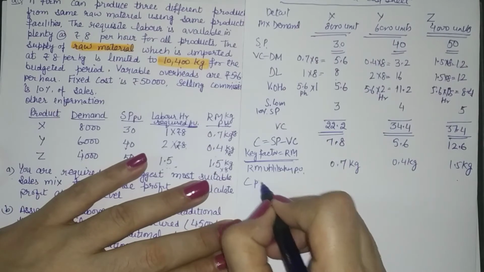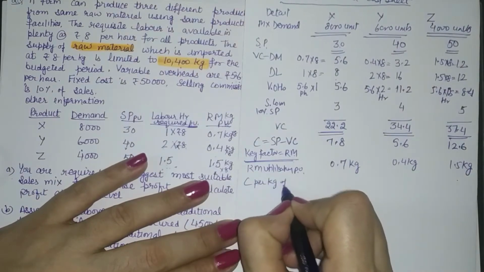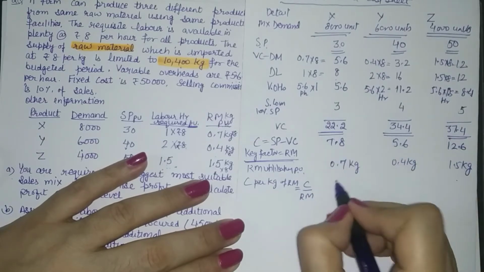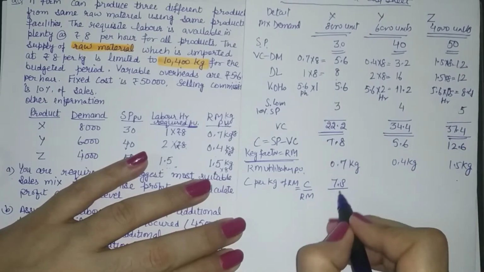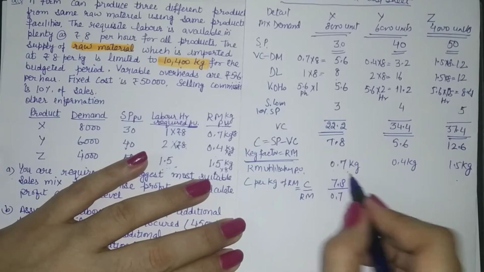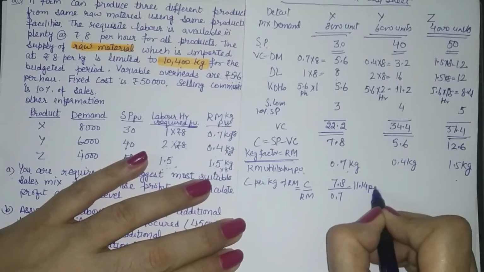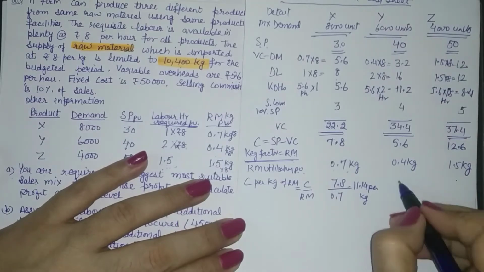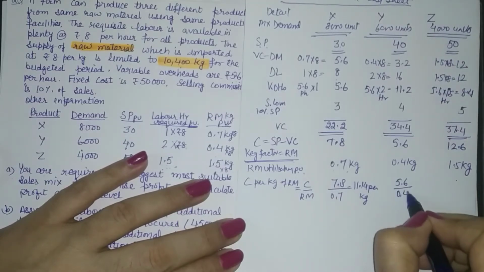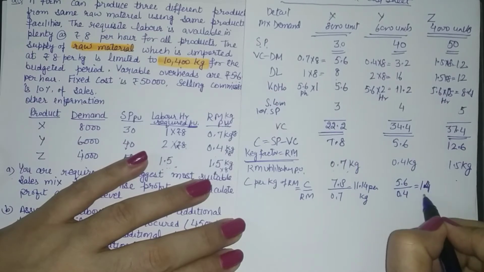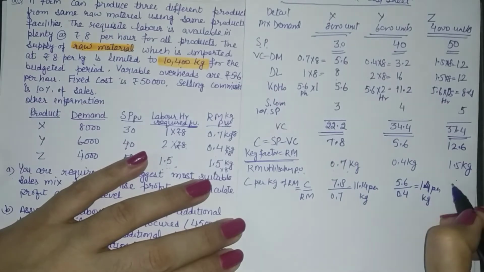So contribution per kilogram of raw material, that is contribution upon raw material. So contribution is 7.8, but raw material utilization is just 0.7. It means 11.14 per kilogram is your contribution here. 5.6 upon 0.4, so 14 rupees per kilogram. 12.6 upon 1.5 implies